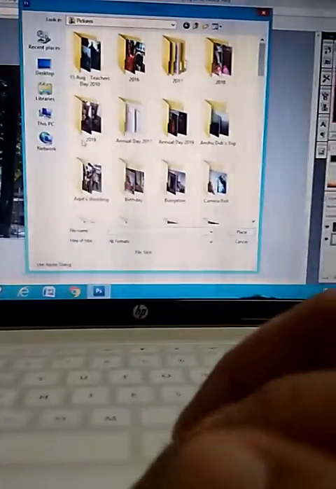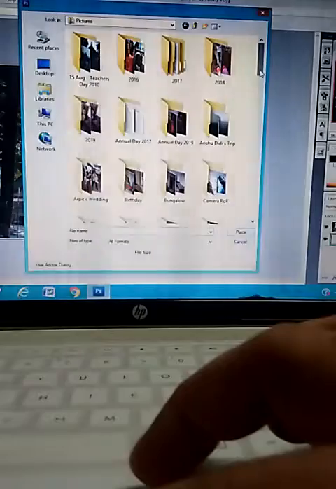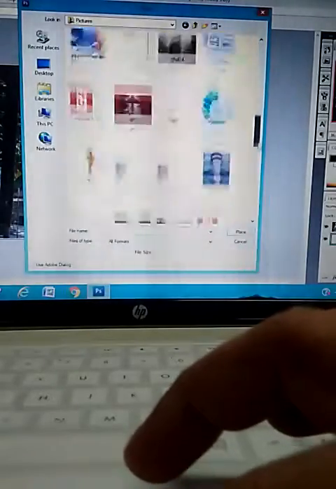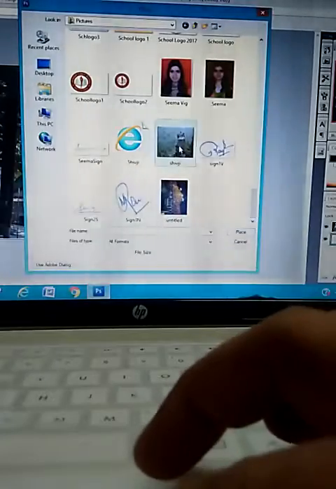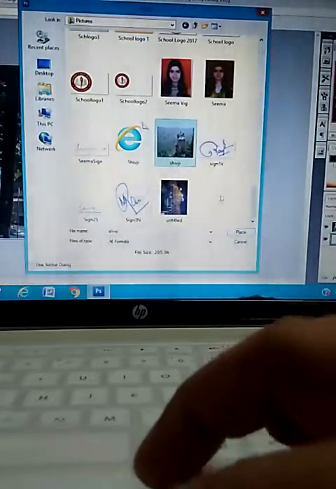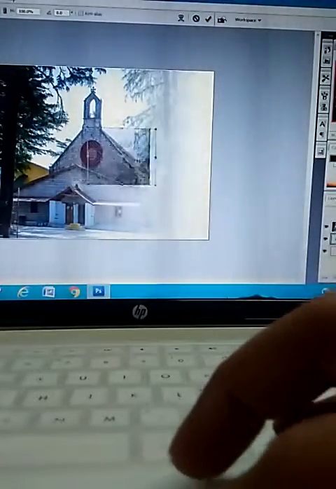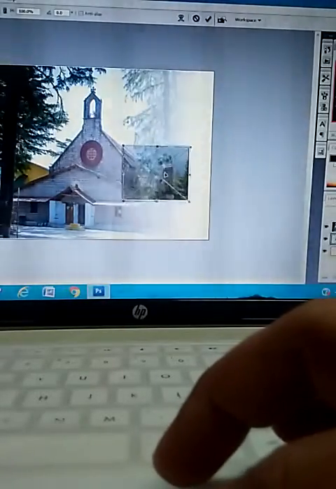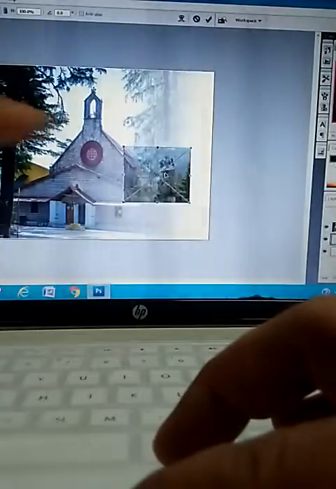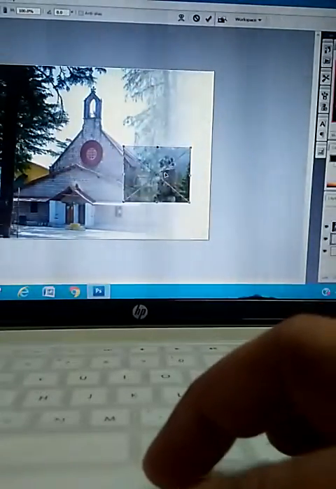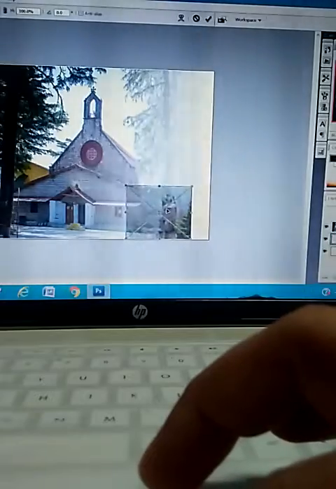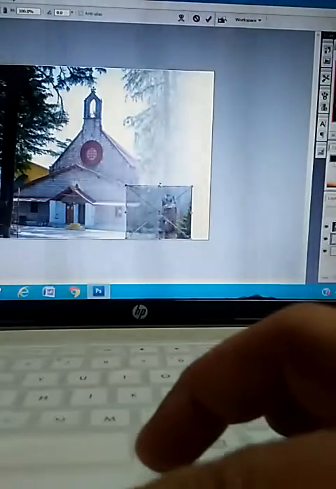After choosing the place option, again the same dialog box will appear where lots of files are here. I will select one more file in it, that is this file. This is the file of Shift-G. Now I am just moving it and setting it onto this portion, that is a trunk of a tree, and here I want to place it. Now see,